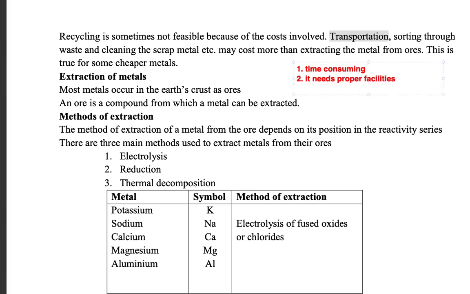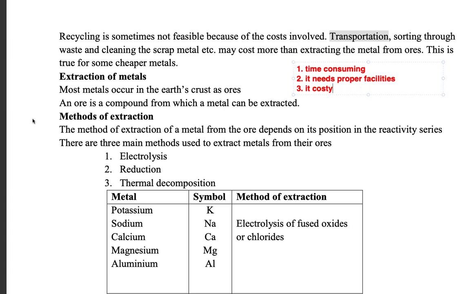It requires, it involves a cost. It is costly in terms of